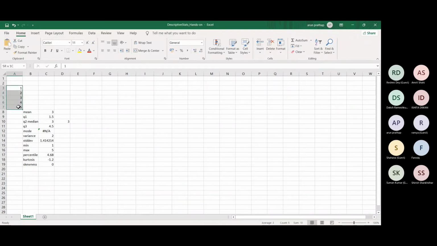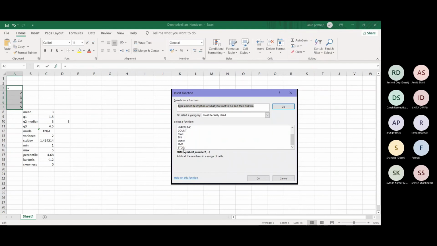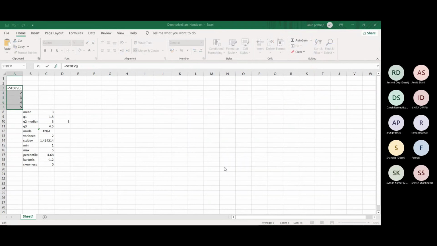Then I select the data and I give standard deviation. As we saw, it was there in that more functions, standard deviation. Okay, that time I have to give the range. Okay, I'm not familiar with standard deviation. Okay, I will just see.